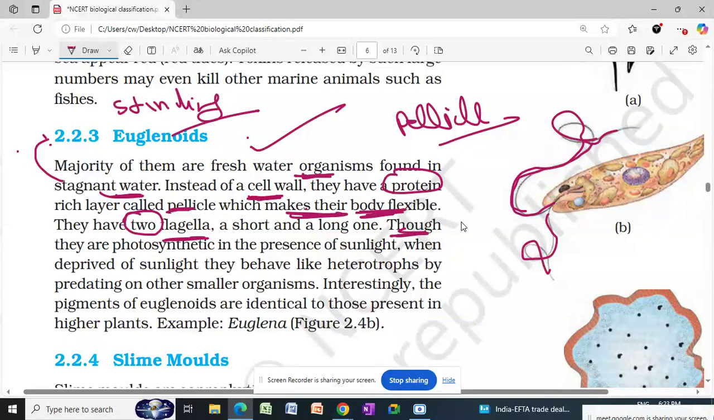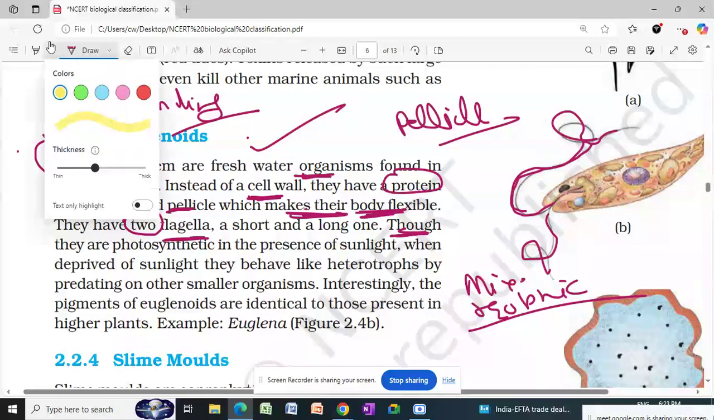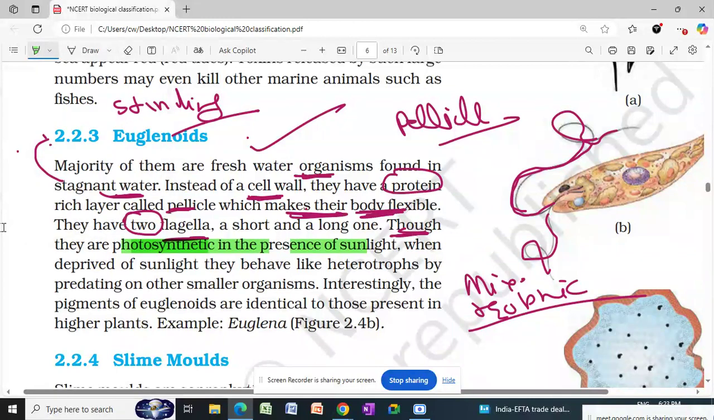Now what about their nutrition? This question can be asked. Actually they are mixotrophic in nutrition. Mixotrophic means they possess a mixed type of nutrition, meaning they can behave as autotrophs also. They are photosynthetic in the presence of sunlight, but when they are deprived of sunlight,